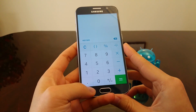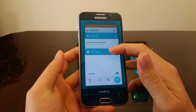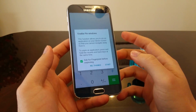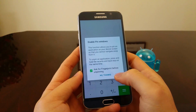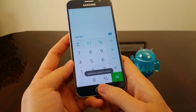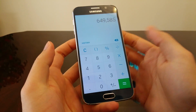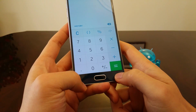The way to access it is to hit the recent key or the multitasking button, and then the app that is at the front or at the bottom has a little pin icon. If I hit that now, a little window will say, do you want to pin this? If I press start, you can't navigate away from this screen anymore. See, the recent key doesn't work, the back key doesn't work, so all they can do is use the calculator. Now to get out of this, you have to press the recent and the back button together,